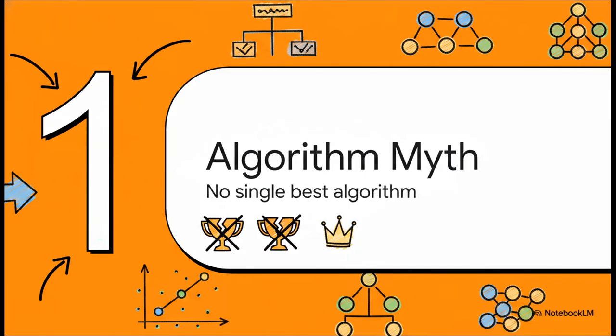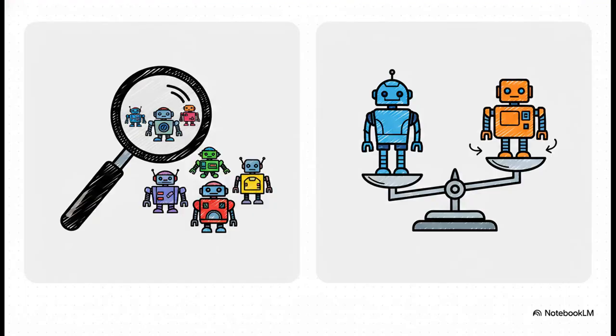All right, Section 1, the best algorithm myth. Let's clearly separate two completely distinct but connected steps. And hey, you'll definitely want to lock these in if you're prepping for an exam. Model selection is the act of choosing the most suitable machine learning approach for your data and the task at hand. Model comparison, on the flip side, is evaluating those alternatives to see which one actually performs best for your specific goal. Basically, selection is building the shortlist, comparison is the actual interview process.